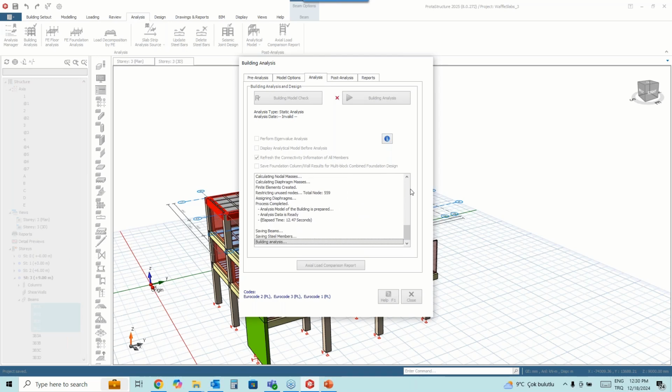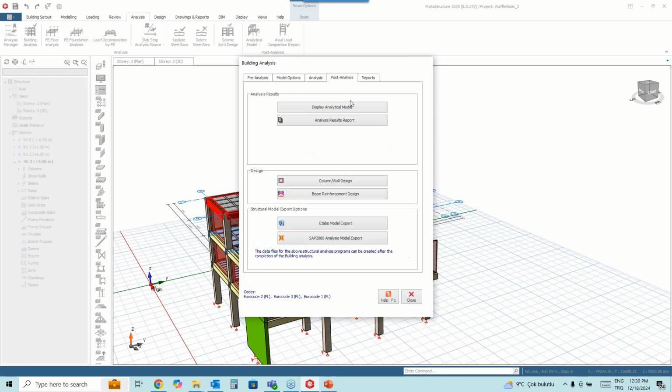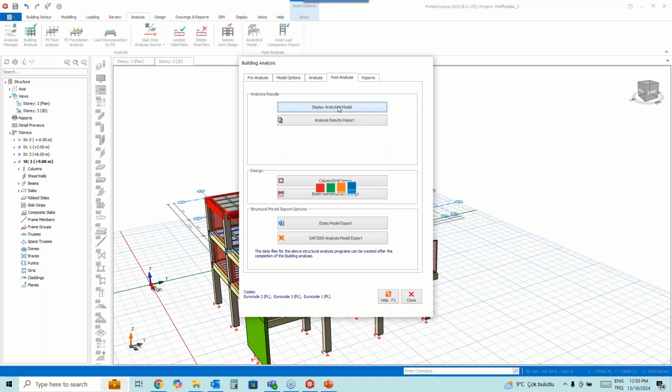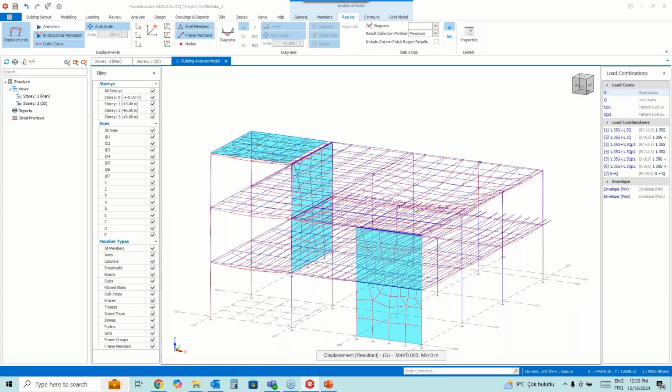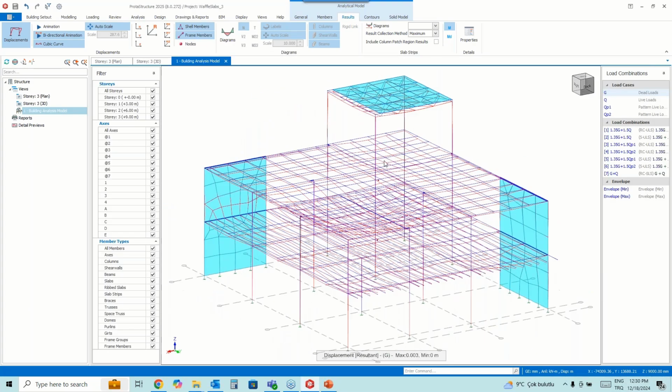So in our new version, we are considering these ribbed beams as frame members in the analytical model. You will see soon. Once you click to display the analytical model, you will see these frames that are considered in the analytical model as well.